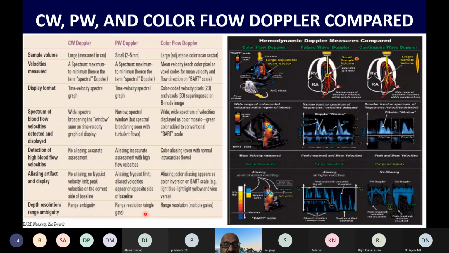Color flow is the modified pulse wave Doppler, where you're using the advantage of color signals. Blue is away, red is towards, and this can be used to quantify the regurgitant jet area, but it is subjected to technical problems. You have to set the color Doppler frequency exactly between 50 to 60 centimeters per second. Otherwise, it will show the color jet bigger or smaller depending upon the settings you have kept on the machine. So this is also important.